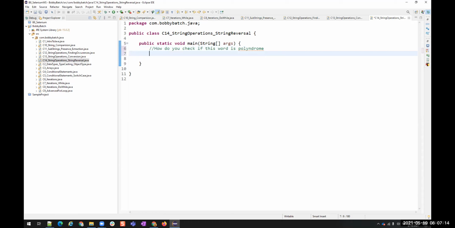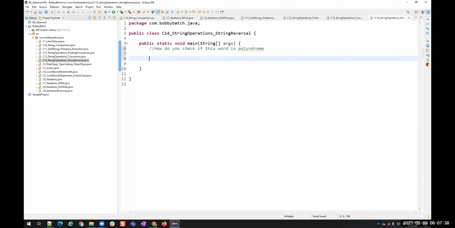Either you read it from the beginning or from the ending, both look the same. So for such questions, we need this reversal. If you want to check whether it is a palindrome or not, we have to reverse it. Then only can we compare the reversal and the original one, whether it is the same or not. That is where we need the reversal of this string.